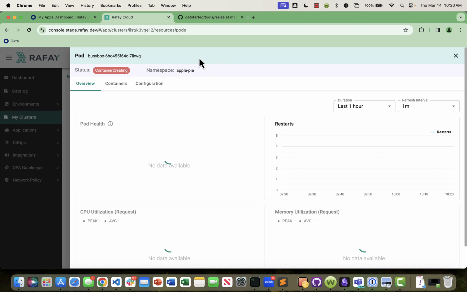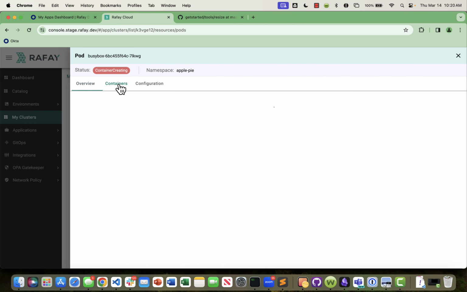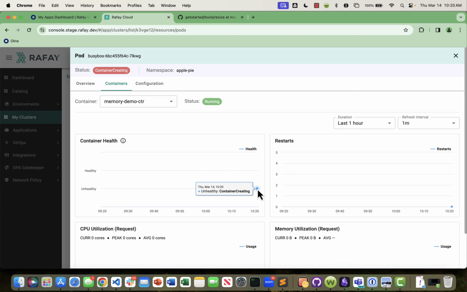So let's go click on this, and I want to look at the container, and I guess I have one data point. No, I don't have a data point yet. Let's give it a couple of minutes and come back and see when I have a metrics data point, which